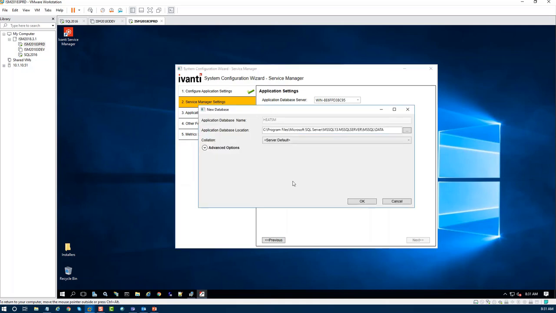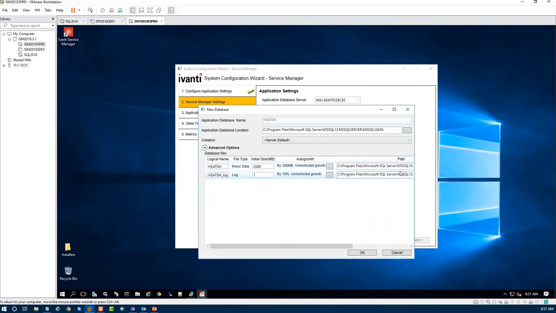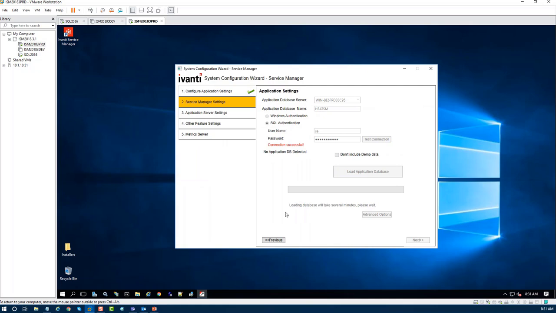Again, we get our default for the location of the database. We're going to elect to just use the SQL defaults. This will take a few minutes. Depending on the power of your server, it could take longer than a few minutes, but we'll just let it run. Now the application database is loaded, so now we're going to go next,